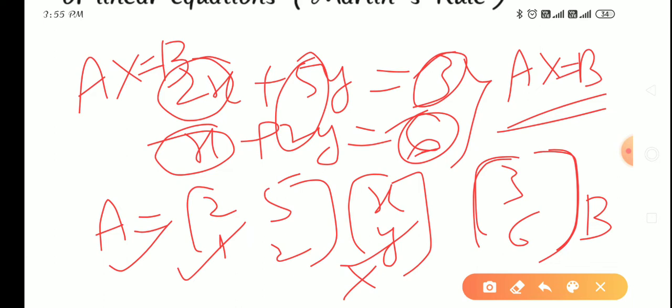One more thing you have to remember. In this case, constant terms you always take on the RHS, then you make the matrices. Many methods you have done in class 9 to solve linear equations, such as the substitution method and the cross multiplication method. But here in class 12 you are going to study the method to solve linear equations by matrices. So how to solve by that method?